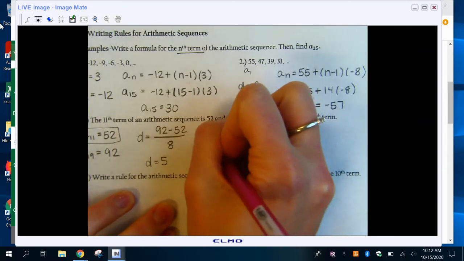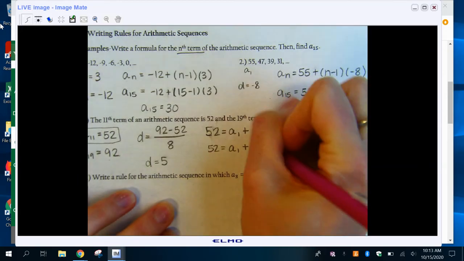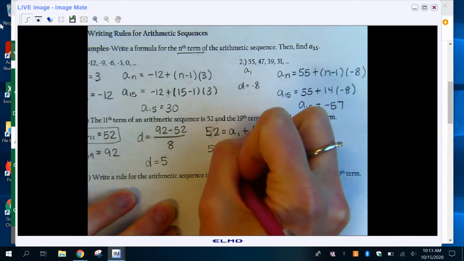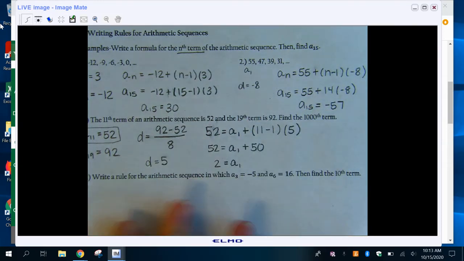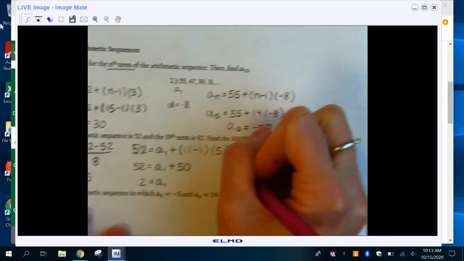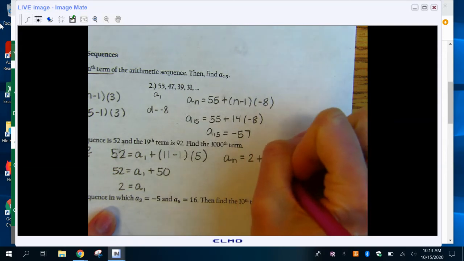So if I simplify this side, that would be 10. 10 times 5 is 50. And so then when I subtract, I would get a sub 1 to be 2. Now, one thing that you may be able to do sometimes, which we'll kind of look at here, is work backwards to find that first term instead. But working back from 11 is a little bit more time consuming than like working back from 3, which is what we have here. All right, so my general equation would be a sub n equals 2 plus n minus